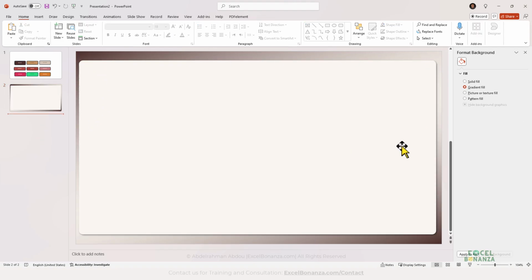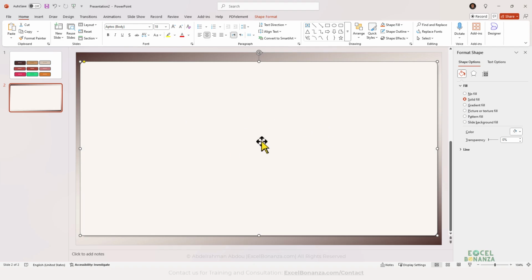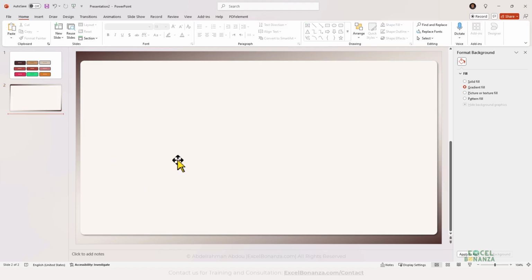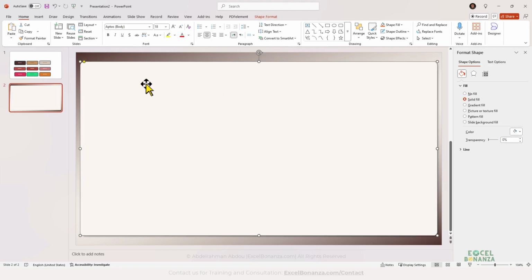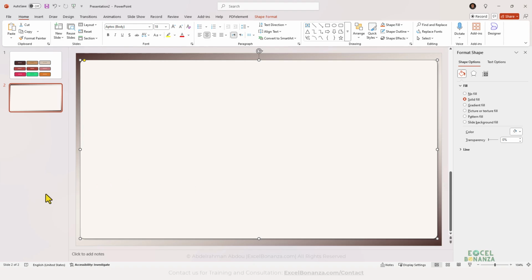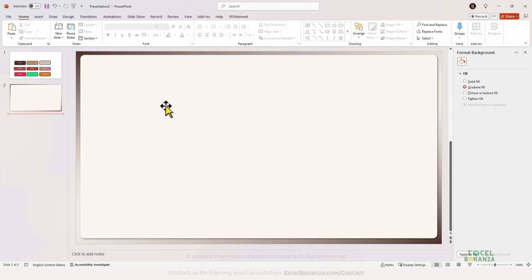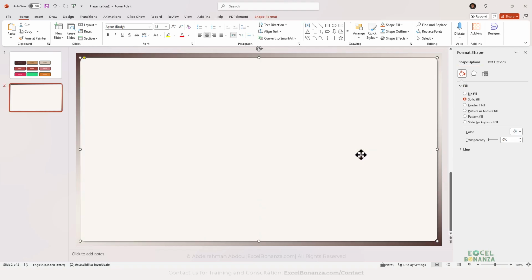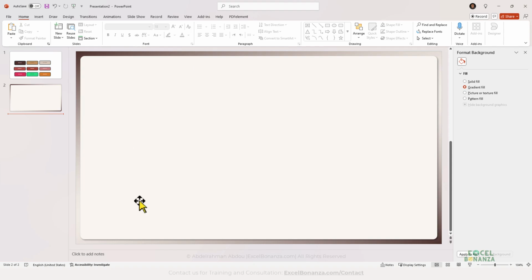Okay, so we need to leave some space here on the edges. And I made it in the middle. So it's pretty good. Okay, and I'm gonna increase its height here a bit. Okay, and let's also make sure it's in the middle. I think this looks good now. Maybe as well increase its height to give myself a bit more space here. Okay, I think this looks good now. Let's just make it in the middle. All right, so now I've created this shape here where I'm going to have all my charts and visuals placeholders